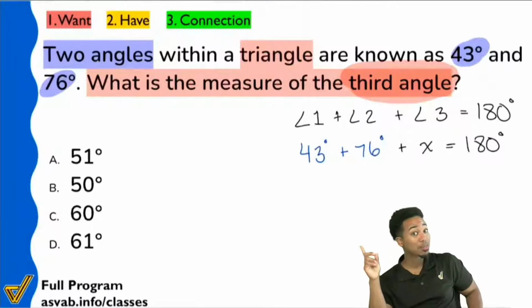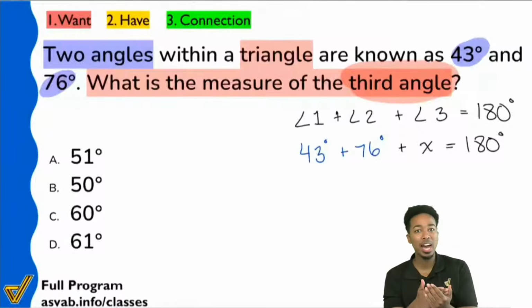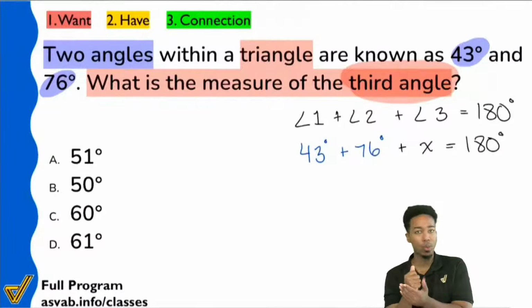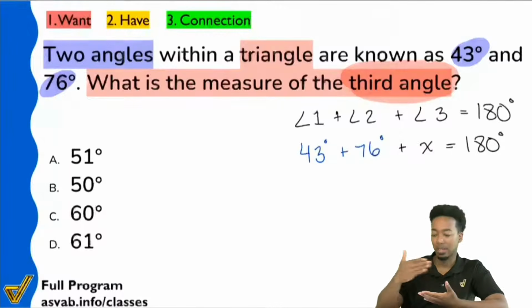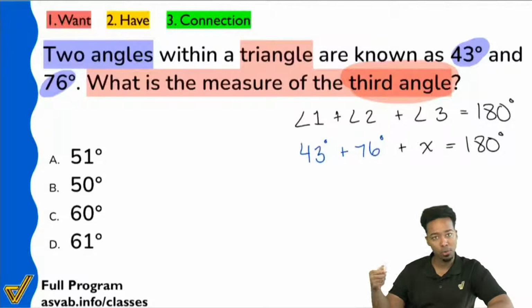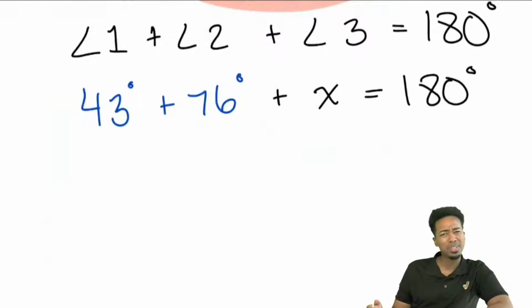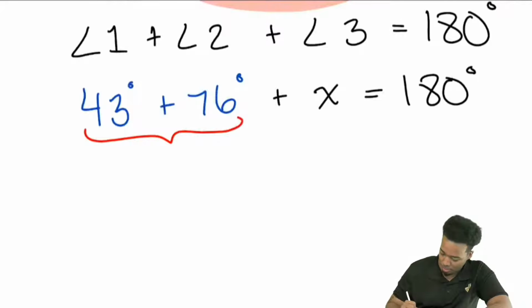Notice, very similar to the first question, right? Identify the formula, plug in what you got, or identify the process and go through it. Like, it has to be quick, and even if you didn't know it, now you do. Now we have a better shot next time. So here, let's go ahead and clean some things up. Everybody, what's 43 plus 76? What is 43 plus 76? 119. So right here, that's going to become 119.